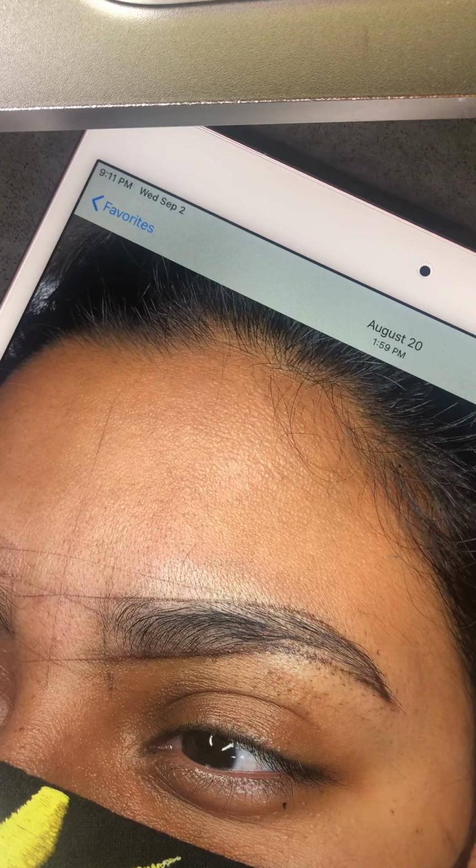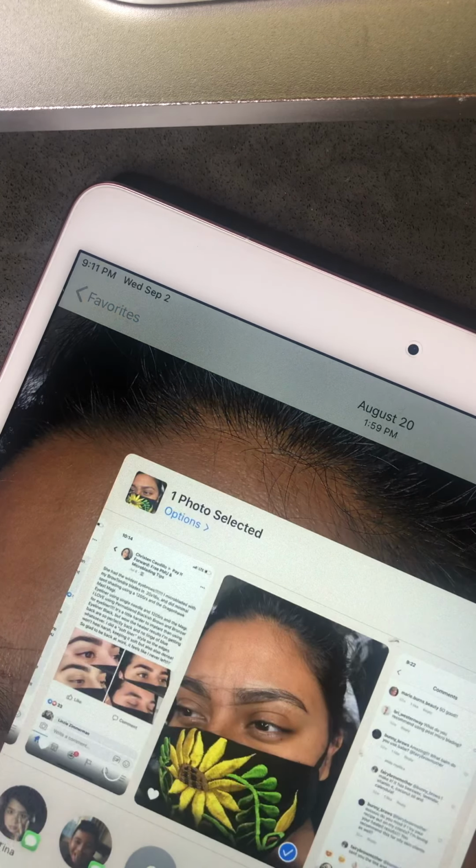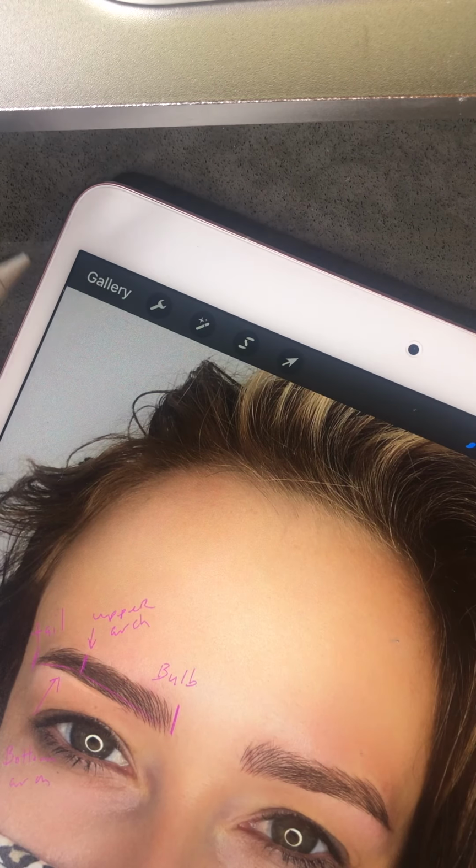But basically, the Asian brow pattern looks like this, okay? I don't know if you can see it that well, but I'm going to take this over to my Procreate, and open up Procreate. Okay, so the distinction between the Asian brow pattern and the European brow pattern is that